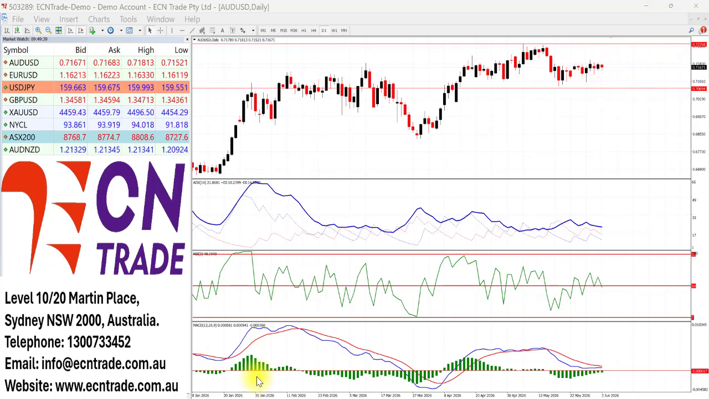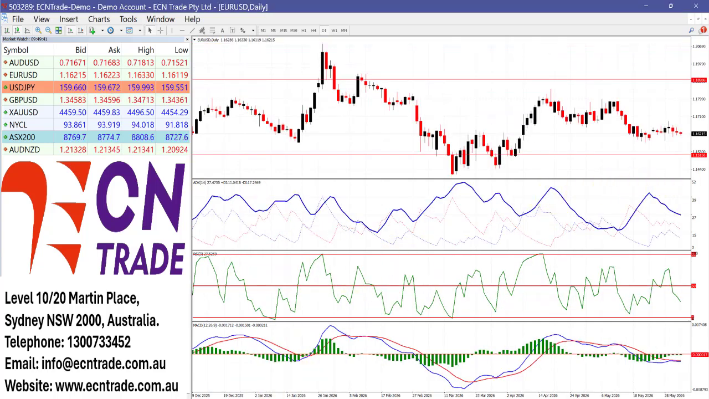then expect a correction. Turning to the euro, the market's weaker as the dollar performs in a slightly better manner after reports that Iran could suspend negotiations after Israel's military action in Lebanon, driving demand for the safe haven